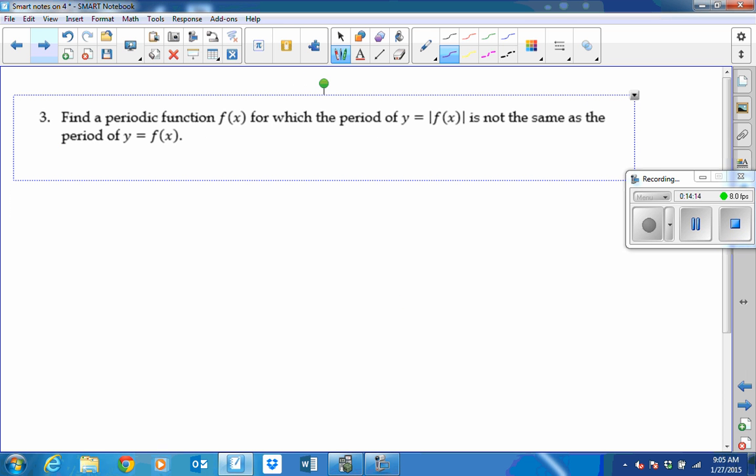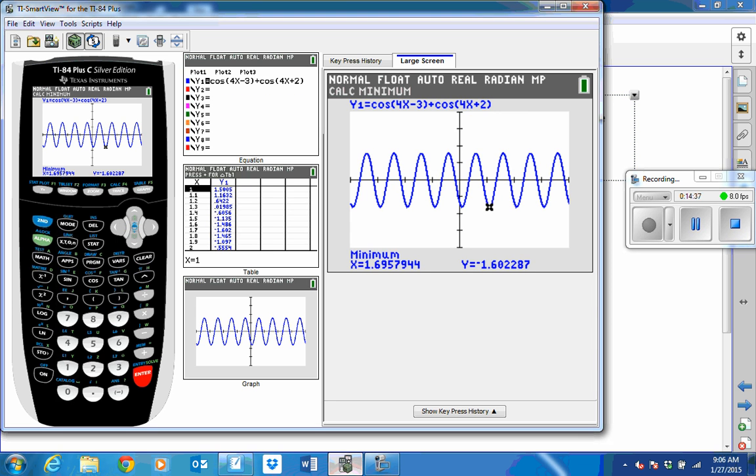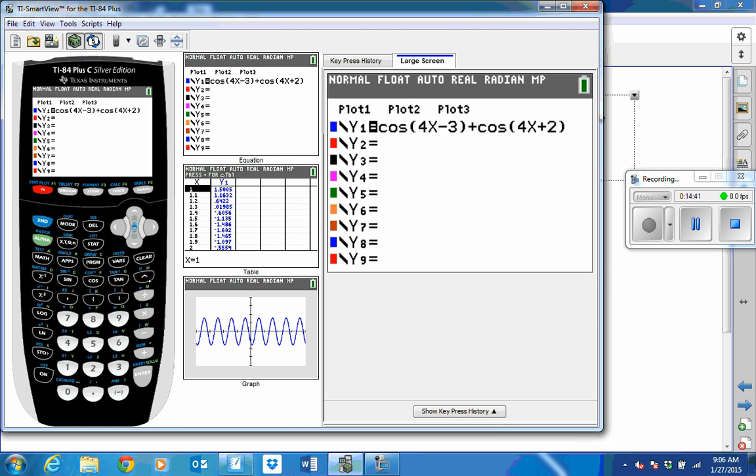Okay, the next thing, find a periodic function f of x for which the period of y equals the absolute value of f of x is not the same as the period of y equals f of x. Well, a good one to try this on, first of all, we have sine of x. Now we have 6 different trigonometric functions that we could try this on, but let's go ahead and start with a simple one. So let's put in just plain sine of x